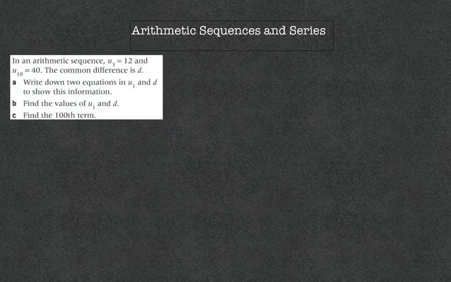Let's take a look at an example to see how we would apply this formula. In an arithmetic sequence, U3 is 12 and U10 is 40. The common difference is D. A, write down two equations in U1 and D to show this information. So we want to express both U3 and U10 using the general formula. Remember from the previous discussion that the general formula is Un is U1 plus n minus 1 times the common difference. So for U3, we can write U1